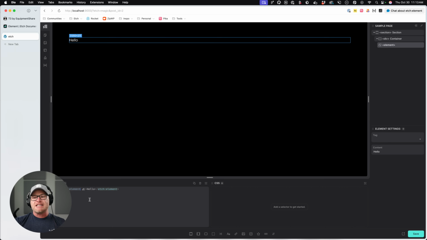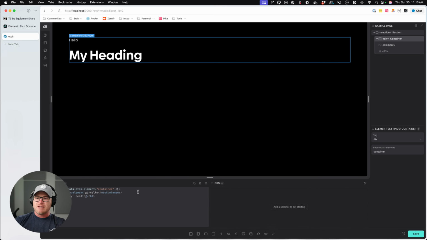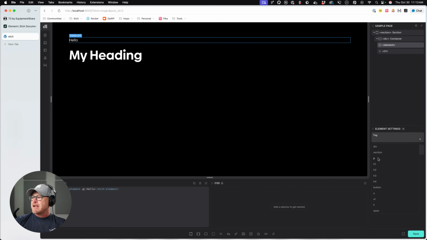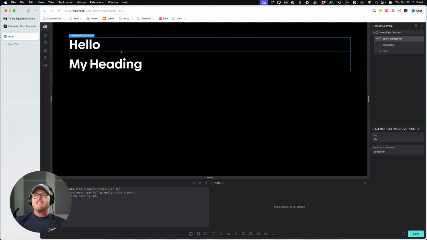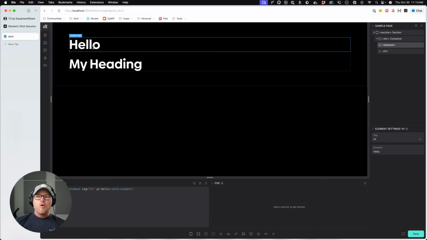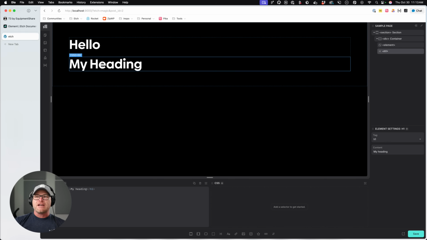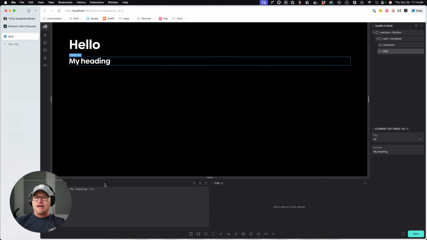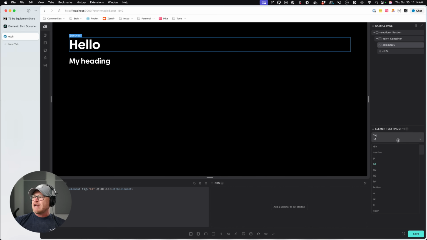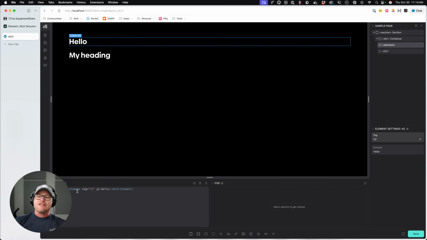This stays put, okay? Let's put an element next to it, right? So if we had Etch element, and then we had an H1 right here, my heading or something. All right, let's take this and let's make this an H1. So you see we have two H1s here, essentially. One is done with the element, the other is done with an actual H1. So if I change this to H2, let me actually multi-cursor select that. If I change that to an H2, it literally physically changed to an H2. Whereas this one, I can change to an H2. The tag is still Etch element.